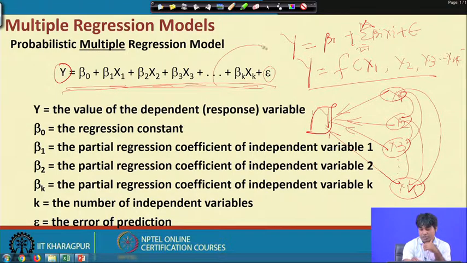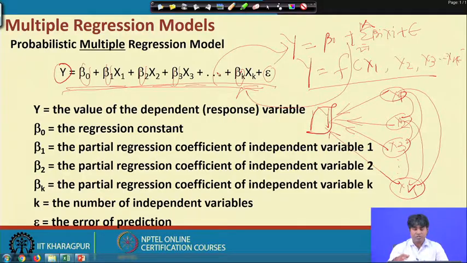So this model can be transformed this way, or if you generalize it, it can come into this form. Depending upon the requirement, you can put it either way. Okay. So here the objective is to estimate these parameters, that is beta 0, beta 1, beta 2, beta 3 up to beta k. As we discussed in part 1, beta 0 is the intercept, which represents that when all x are 0, y still has some value.